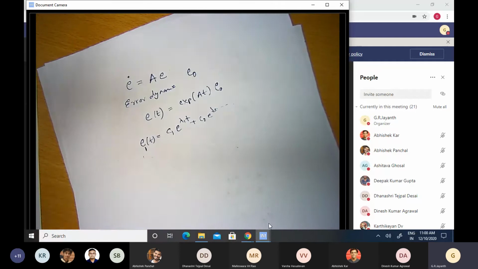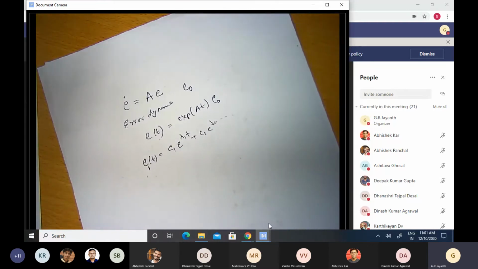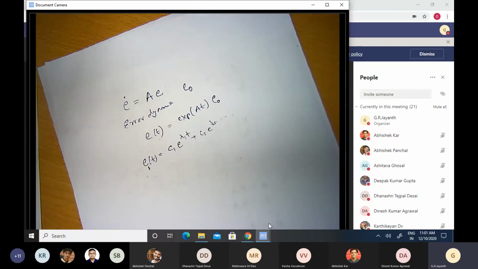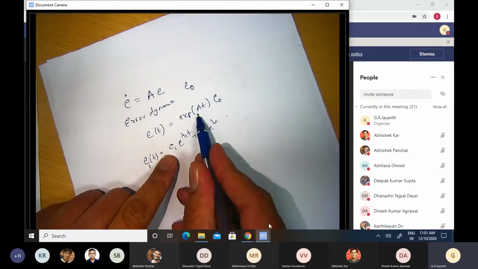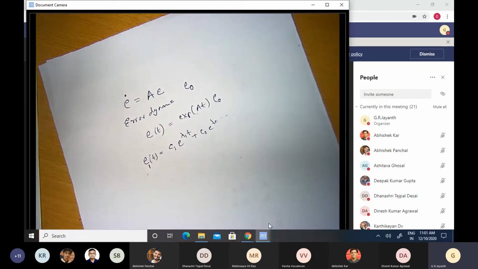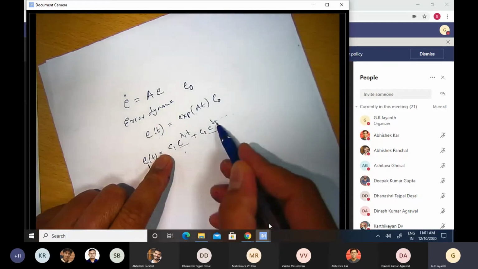Do you agree with me? It will blow up as function of time. So my attempt to get this system to track that particular trajectory will suffer failure if my system is unstable. Okay. On the other hand, if my original system was already stable, if all the eigenvalues of A had their real parts on the left half of the complex plane, as it is called, or in other words, had the real parts being negative, then all of these terms e to the power lambda 1t, lambda 2t, etc.